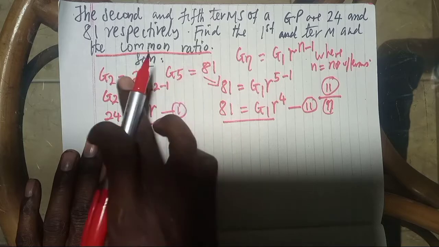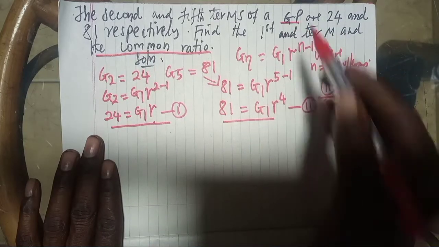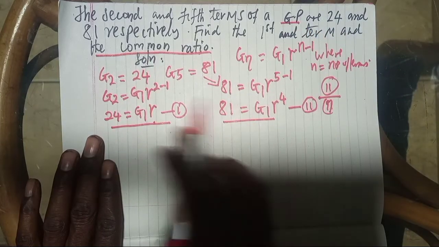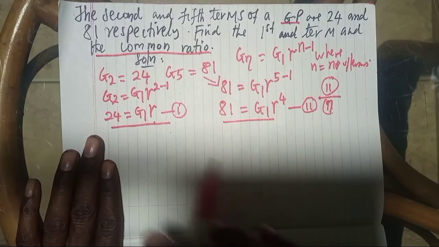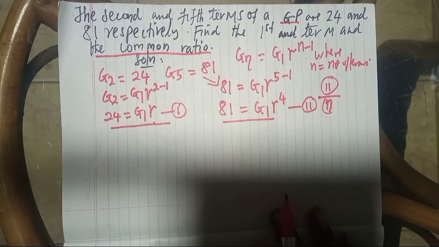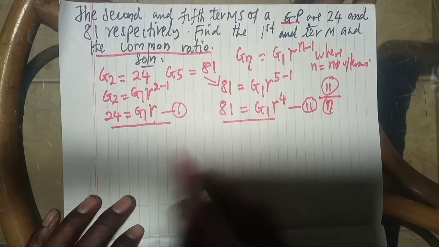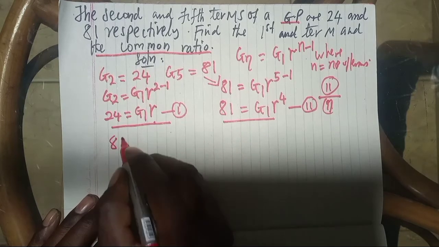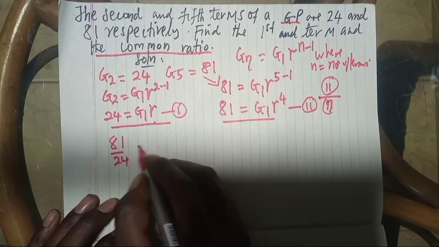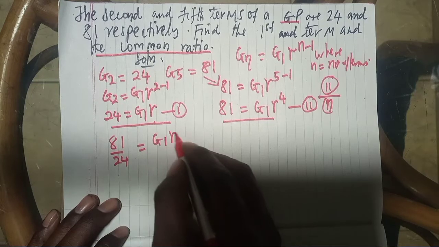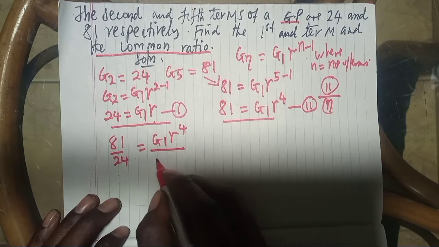Kwa hapa sasa ukishafanya kwenye geometric progression tunatafuta sasa ratio ya hizo equation. Lakini kwenye arithmetic progression tuna solve tu zile equation simultaneous. Kwa hii hapa sasa itakuwa ni 81 over 24 is equal now to G1 R^4 over